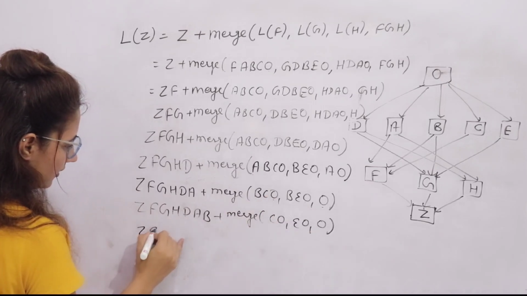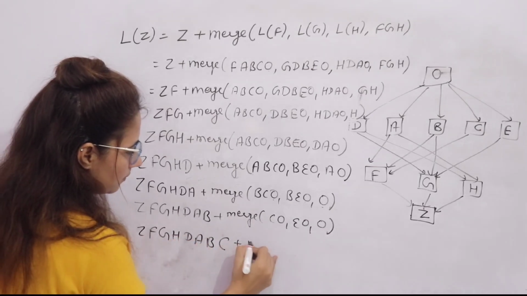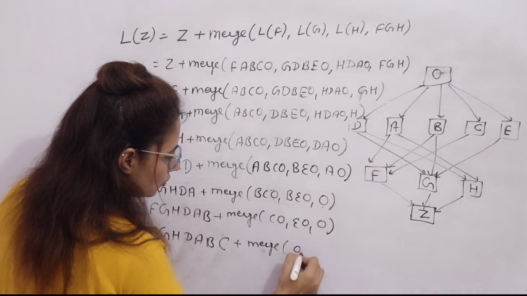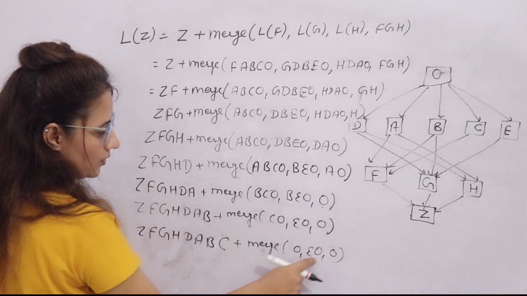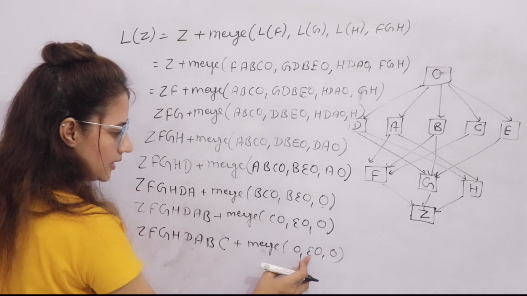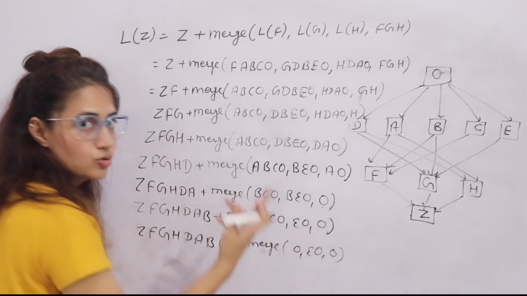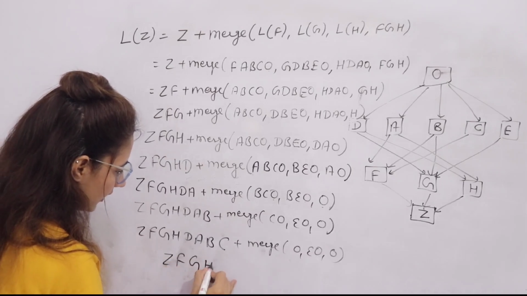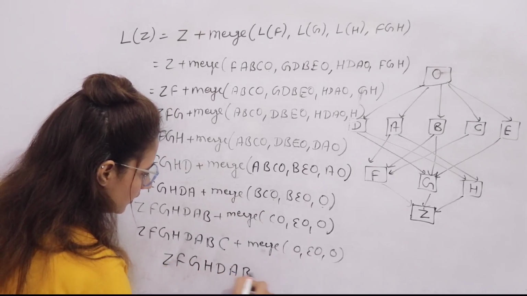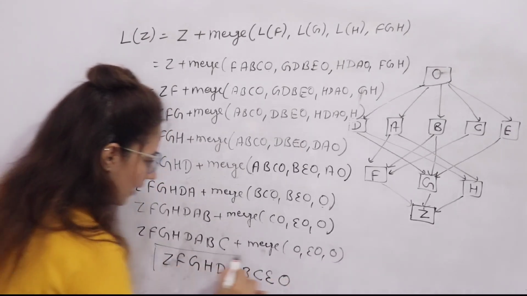No. So Z, same thing you have to repeat. Now C plus merge O, E O and O. Next is O. Is O in the tail of the other list? Yes. Move to the next list, E. Yes, you can take E, and after E definitely O, so that would be O. So finally we will get Z, F, G, H, D, A, B, C, then E, then O. This is the MRO